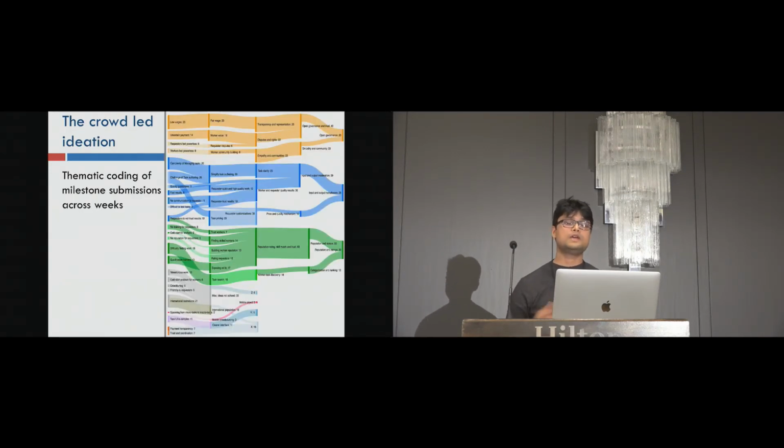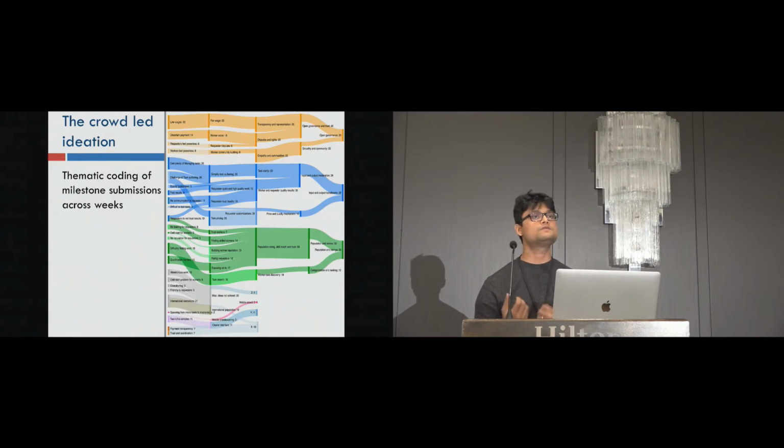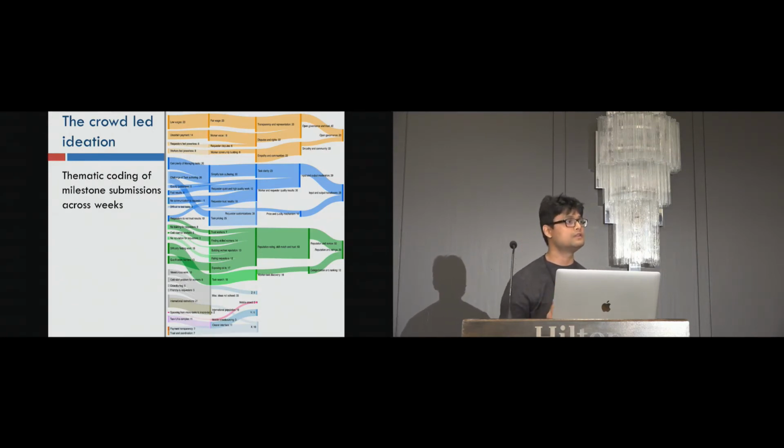The crowd led the ideation. This thematic coding Sankey diagram shows how different ideas evolved over the period of several weeks. So for example, in the HCI project, on the left, these are the ideas which were being proposed. And by the end of 5 weeks, there were certain research themes which were starting to emerge. And so open governance on the top became the Crowd Guilds paper, the reputation and ratings theme became the Boomerang paper, and input and output translators is still a work in progress.